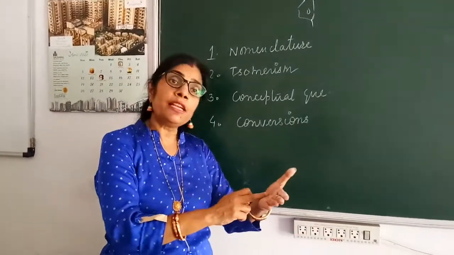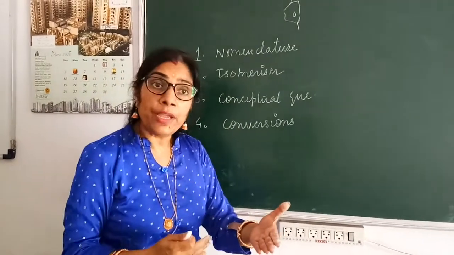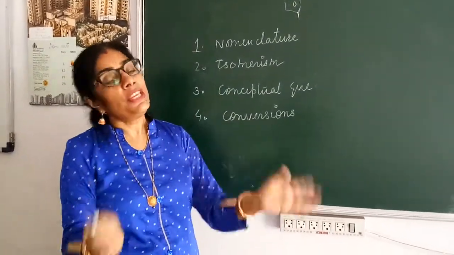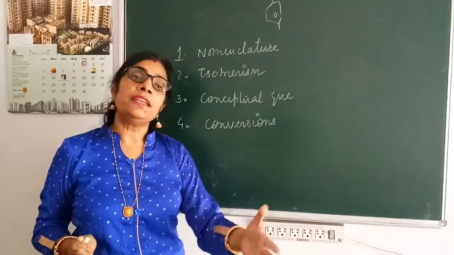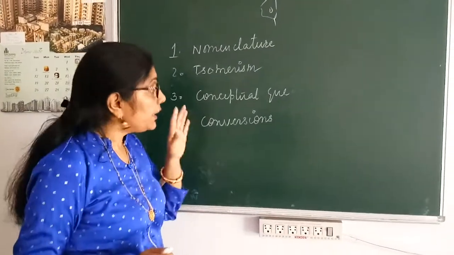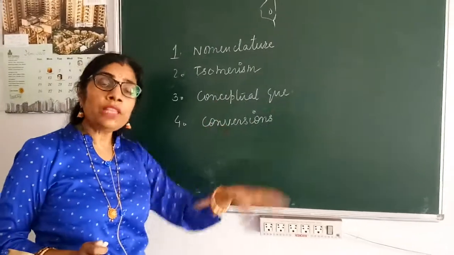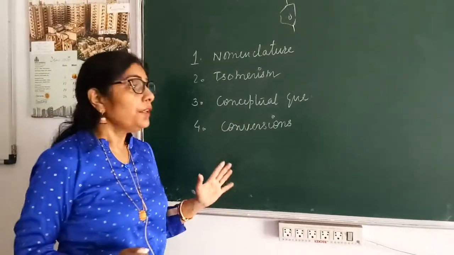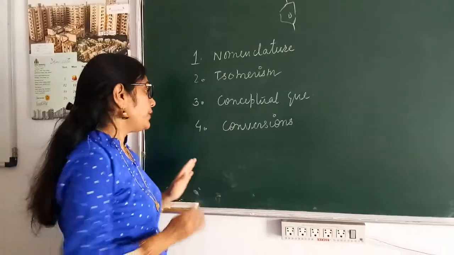Benzene to phenol. So first of all you will convert benzene to chlorobenzene. Then upon reaction with NaOH, 623 Kelvin, 300 atmospheric pressure, sodium phenoxide, upon acidification phenol. Name of the process is Dow's process. And I can assure you, the moment you are thorough with all the reactions, definitely you can solve all the questions which are given in exercises.